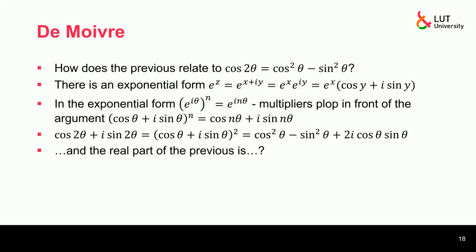Alright, so exponential form, and by the regular rules for calculating with exponential numbers, when we have a sum in the exponent, then we can divide it as a product of exponentials. So e to the power of x times e to the power of iy, and the latter part we can also present as cosine y plus i sin y. So the first part depends only on the real part, and the second part depends only on the imaginary part. So multipliers here